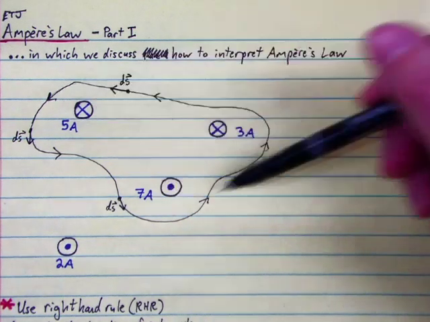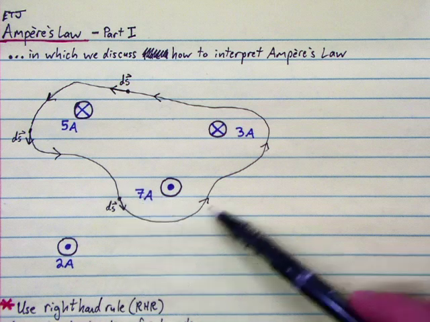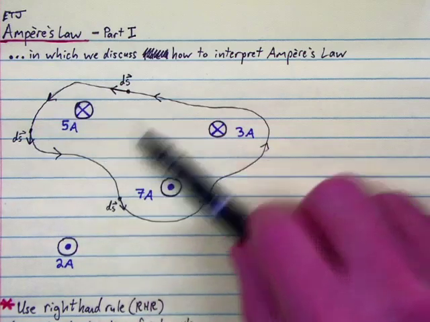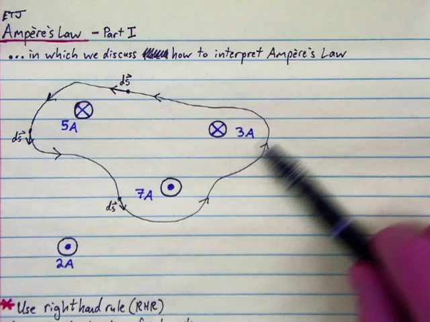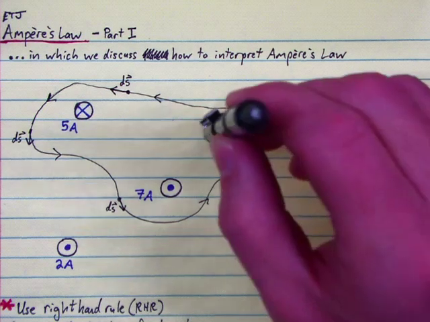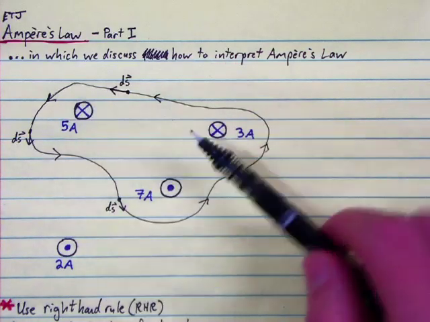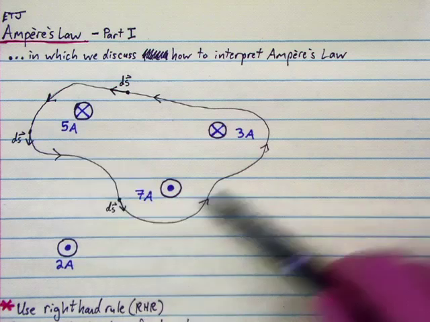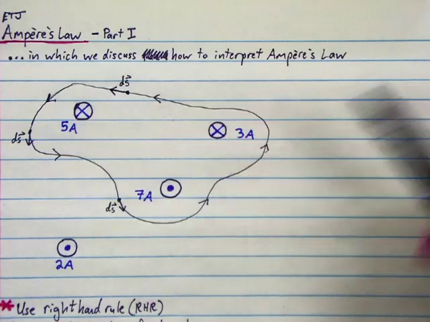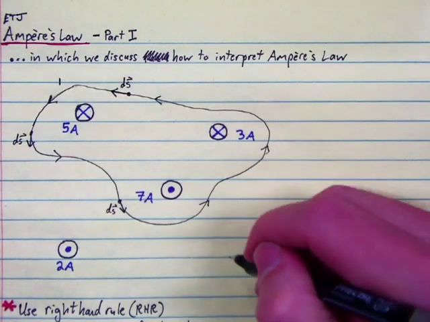Okay, we have enclosed some current in this path, meaning if we imagine that this path is a boundary, then the surface bounded by that path is being penetrated by these three wires. So we've got some currents coming in and out of that surface through these three wires. This wire is not enclosed by the path, so the current from this wire won't be included in the current enclosed here. Okay, let's call this path number 1,